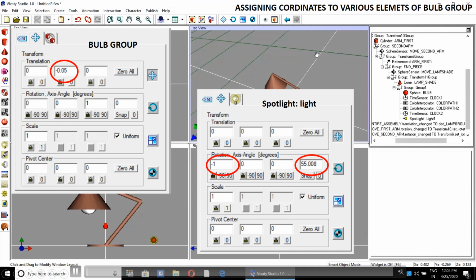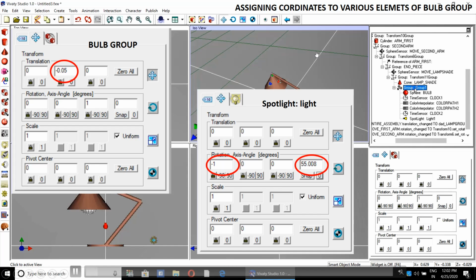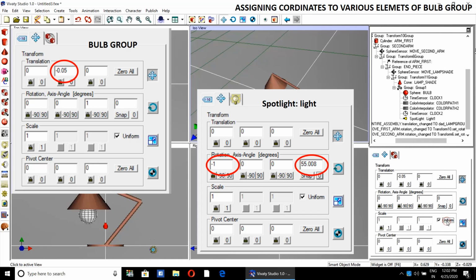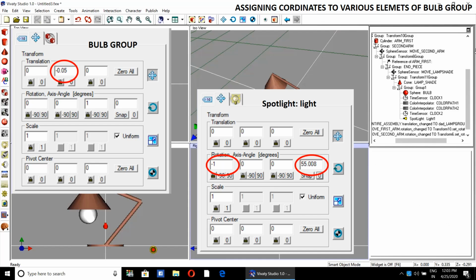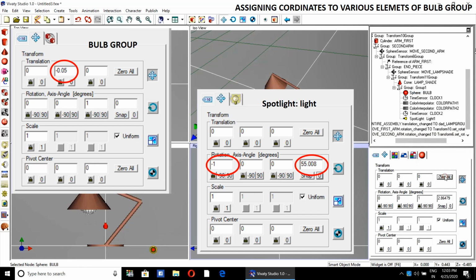Now we will assign the coordinates. It is 0.05. These are the bulb group coordinates. Check the scale as uniform. Then make the rest of the coordinates default, 0, 0, 0. Color path 1, color path 2.